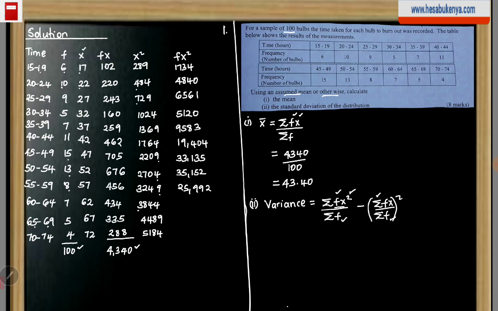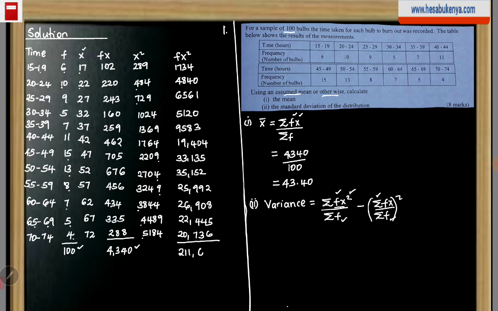Then 3844 times 7 is 26908. Then 4489 times 5 is 22445. And finally 5184 times 4 is 20736. So getting the total of this column, we will have